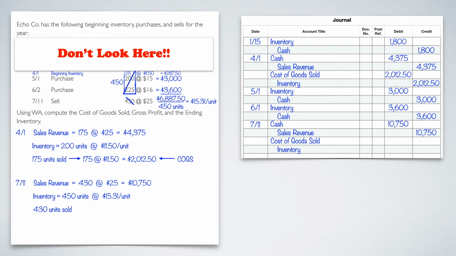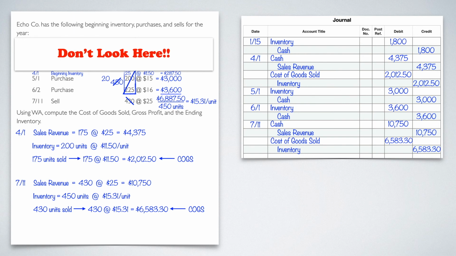Now that we know that, then we can expense those 430 out of that 450. So we'll take 430 out, so it'll be 430 at $15.31 per unit. Multiply that out, that's going to give me a total of $6,583.30. That is my COGS, and that is what I'm going to put in my journal entries. There you go. And then one last thing, I'm going to put that little slash mark through the 450 at the top because we don't have 450 anymore. We have the 20 that we've had on every one of them. So far, 20 still is the ending units that we have.